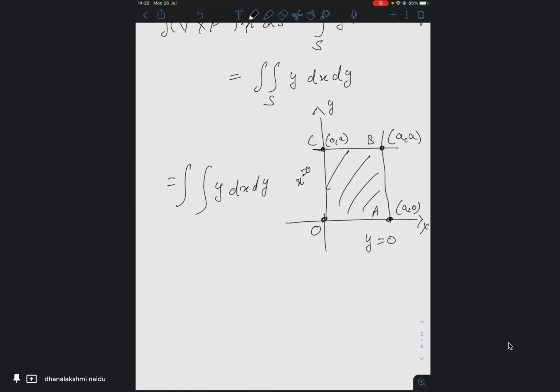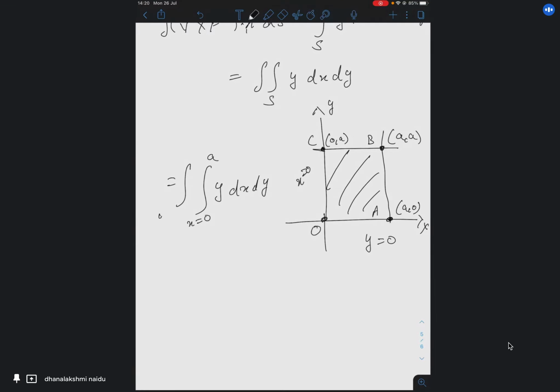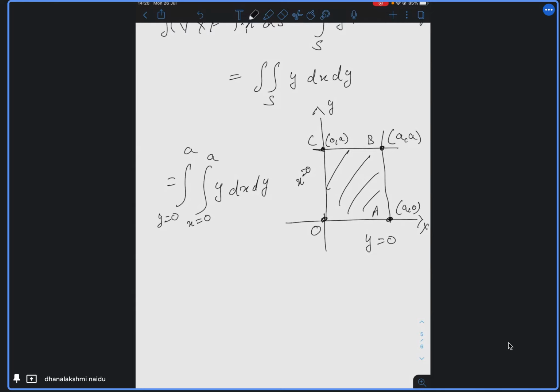0 to a. That is the limits of x. Okay. What about y? 0 to a. Why are you so confused? This is just, what can we do if all limits are constant? The region is given such that it is not necessary that one variable has to be written in terms of the other. According to the given region only, you will get the limits. So limits of both the variables are 0 to a only. Okay, integrate and tell me the answer.